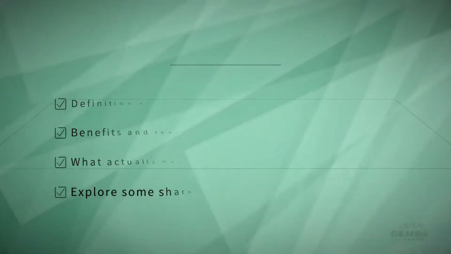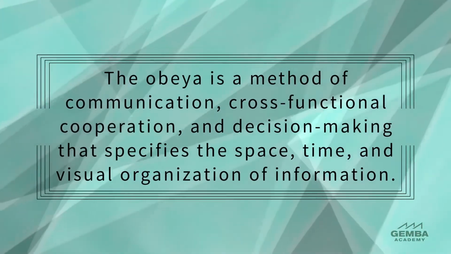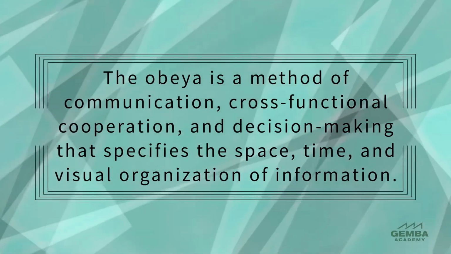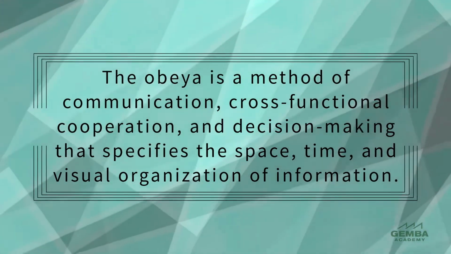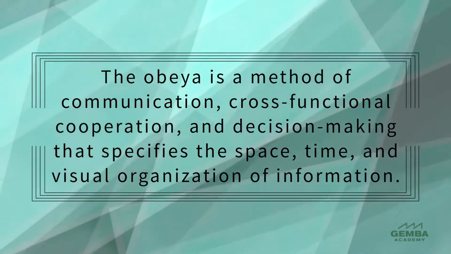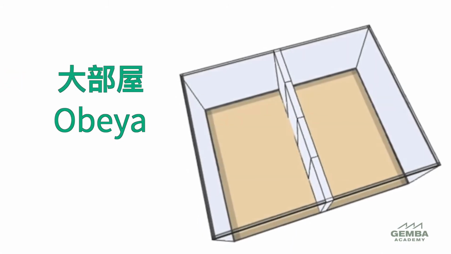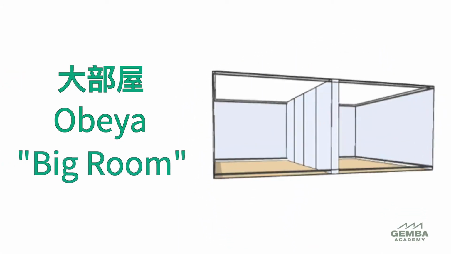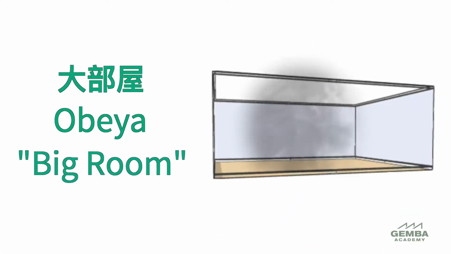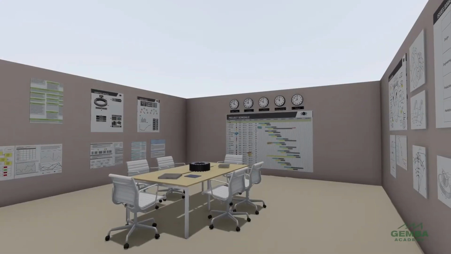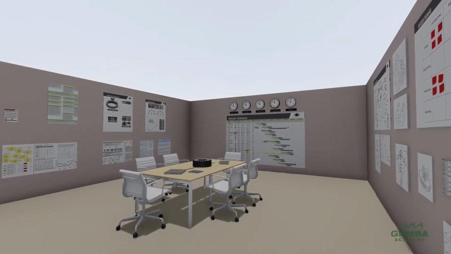Let's get started. Define: the Obeya is a method of communication, cross-functional cooperation, and decision-making that specifies the space, time, and visual organization of information. Obeya is a Japanese word for big room, meaning an open office working space with no interior walls. The Obeya is a large room set up with a specific purpose. Typically, it's to share information about a project or the overall business operation in a way that enables rapid decision-making